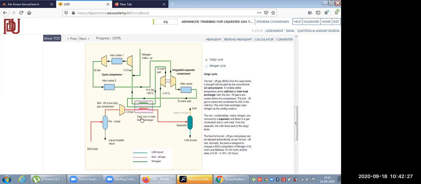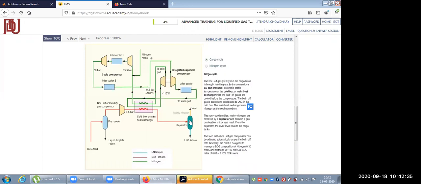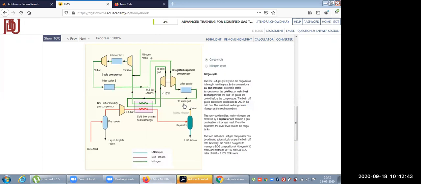From the cold box or heat exchanger, the gas or liquid is cooled down and passed through the separator. Whatever gas remains in the separator goes to your gas burning plant, or it is vented to the vent box,